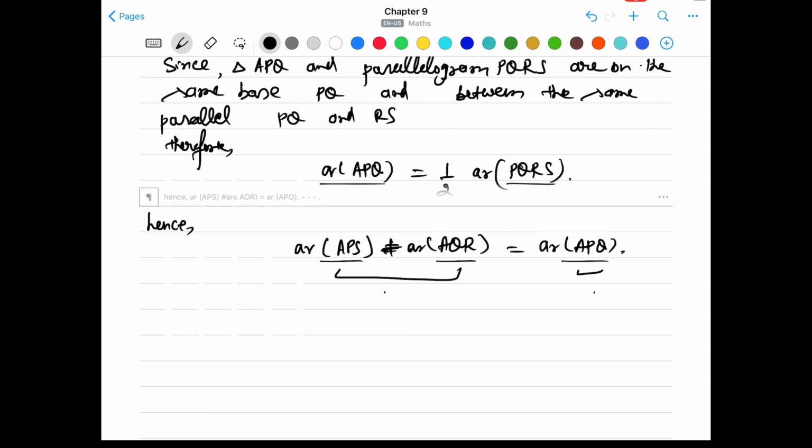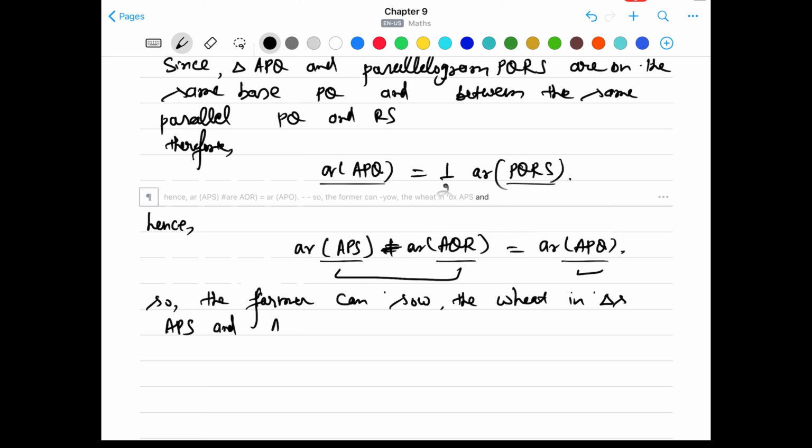Okay, so all right, so the farmer can sow the wheat in triangles APS and AQR and pulses in triangle APQ. Okay, or